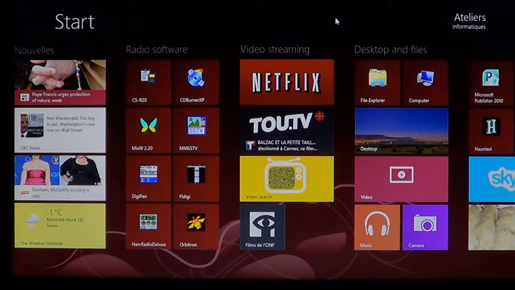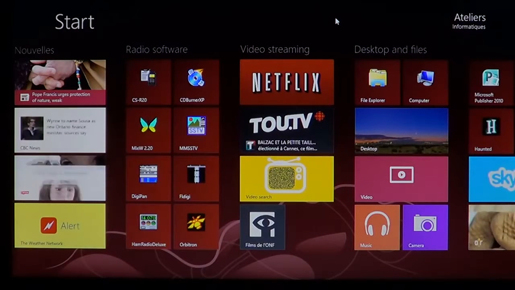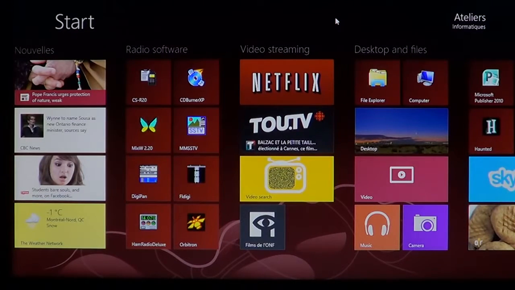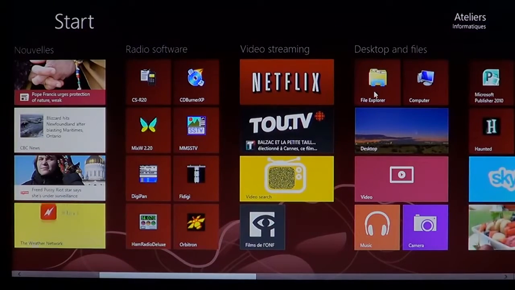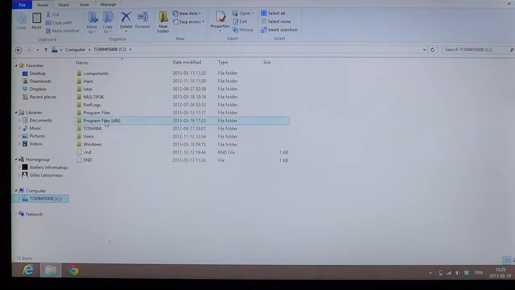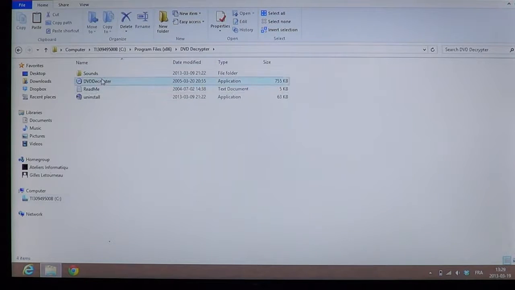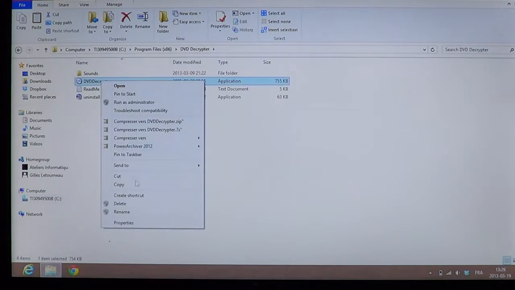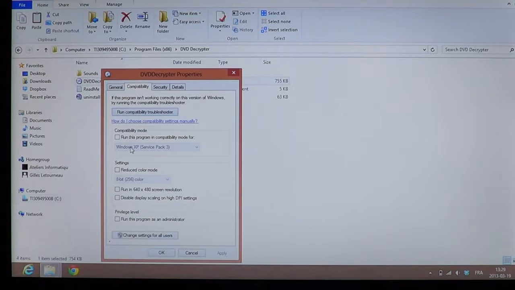So if it still doesn't work, even though it's made for Windows 7, you can actually right click, go to properties, and click the compatibility mode and install and try to make it work. Sometimes it installs well, but it just doesn't work. What you can do is the same thing. You just go into your File Explorer, go where the program is located, which is most of the time in the C drive, into the program files x86. Go into the program itself and right click and say, okay, properties, I want this program in compatibility mode, and